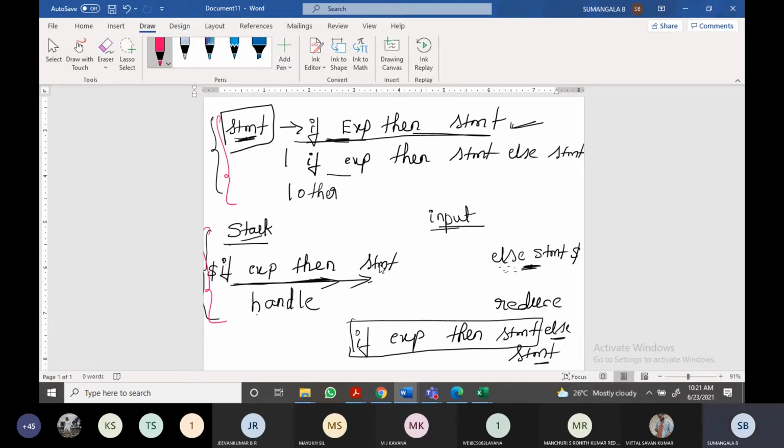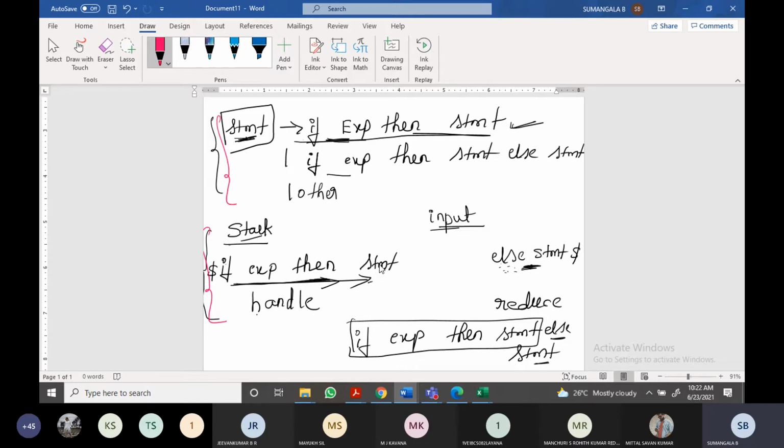So that's why this type of grammar will be avoided. This type of grammar leads to ambiguity. You have seen that, and also you have seen how we have eliminated the ambiguity. So this is called shift reduce conflicts in shift reduce parsing, and it is shift reduce, whether to be shifted or whether to be reduced.